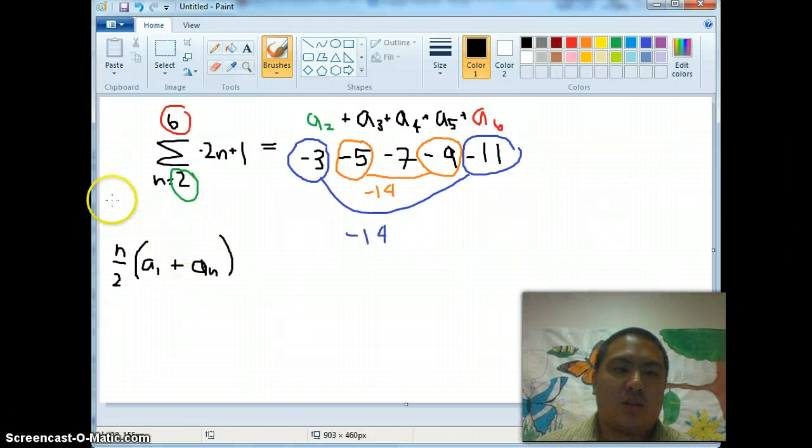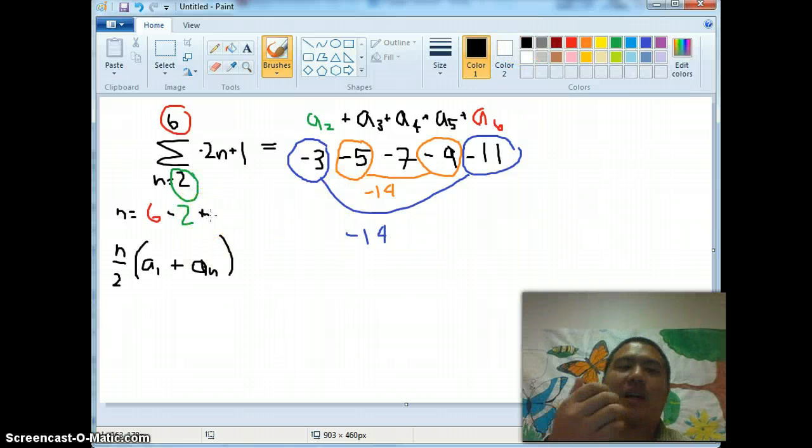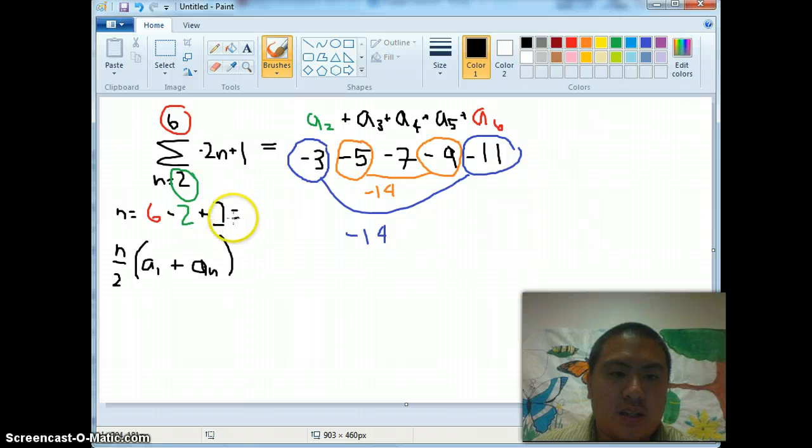Or the other way to do it would be to find n, the number of things you have. N is equal to the terminator, 6, minus the initializer, 2, and then you always add 1. That's because when you're counting with your fingers, you're counting 2. So 2, 3, 4, 5, 6, and that gives you 5. So you know that you're adding up 5 things, 1, 2, 3, 4, 5. So this n will become 5